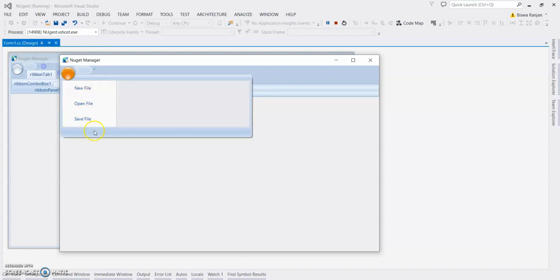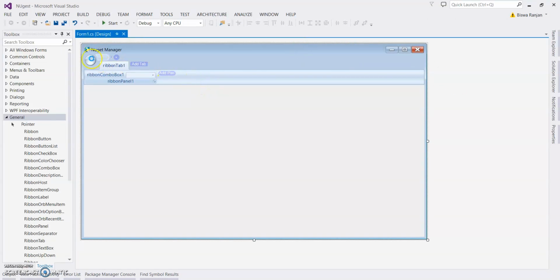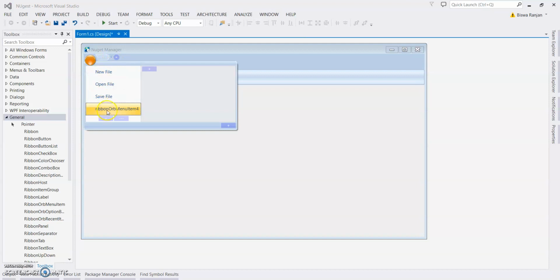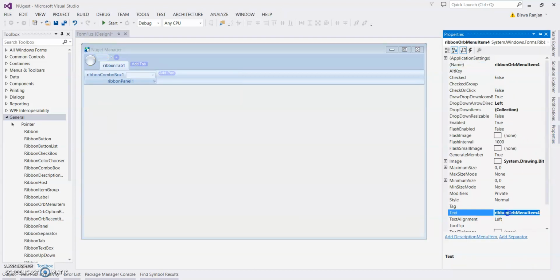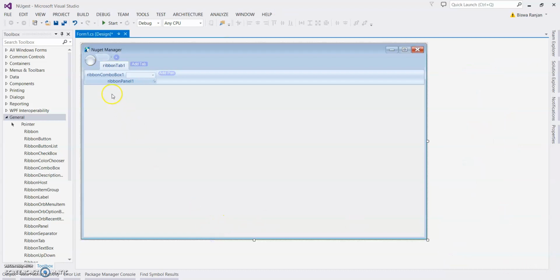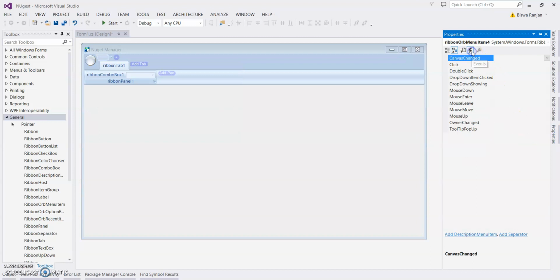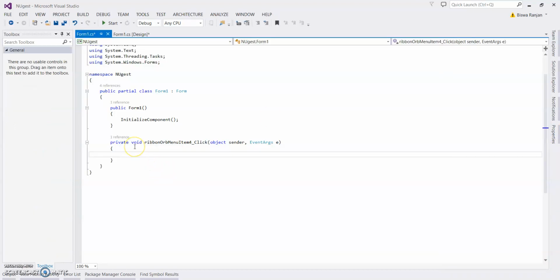Now we can use events. Let's say I am adding one more. Go to properties. Let's say exit. Double click on the exit menu. Select this, go to properties, go to events, double click here, and for this I want to exit my application.